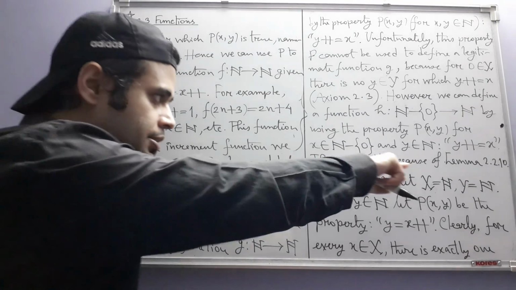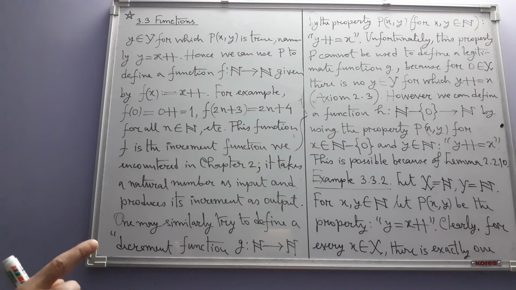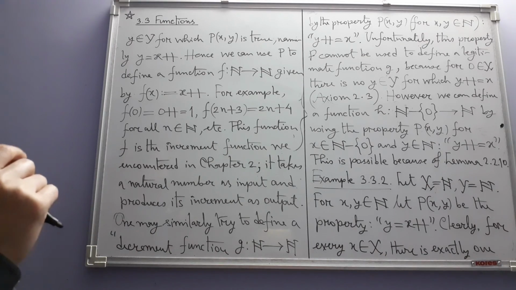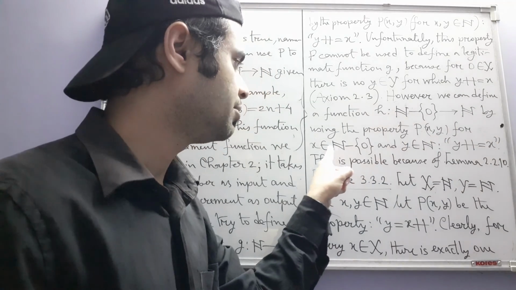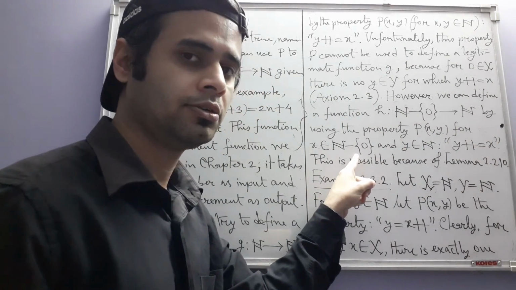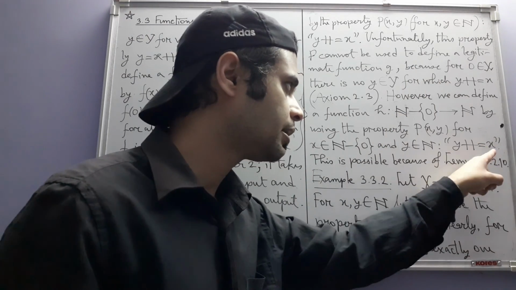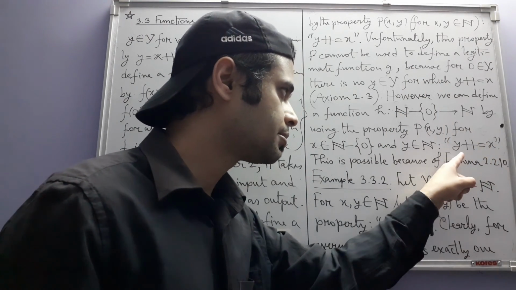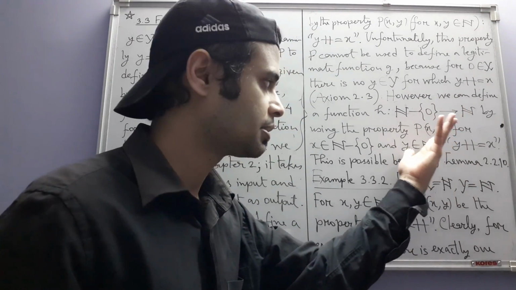So this result says that for any positive natural number, because we will be choosing x from N minus 0, right? So by definition x is a positive natural number. For such an x, there exists exactly one y which is also a natural number such that x